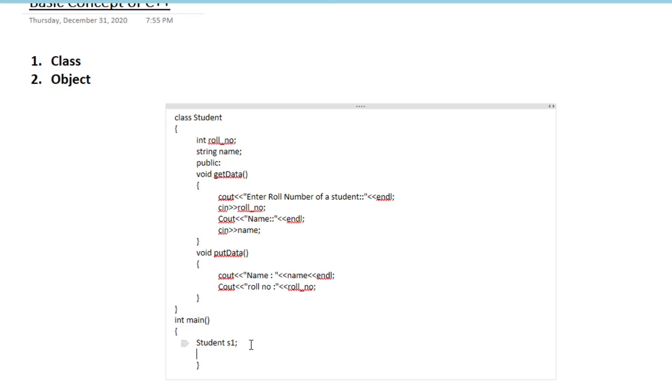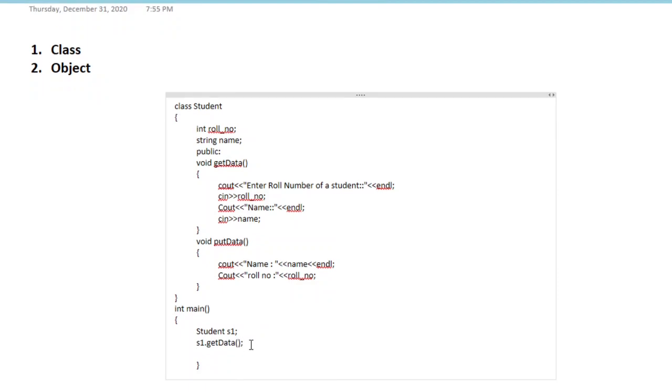We cannot access like s1 dot roll number. It is not possible because roll number is private. We can access s1 dot get data. Here s is small, get, then data.